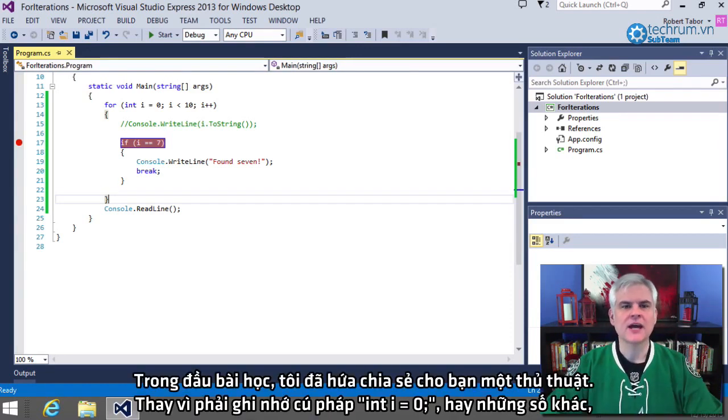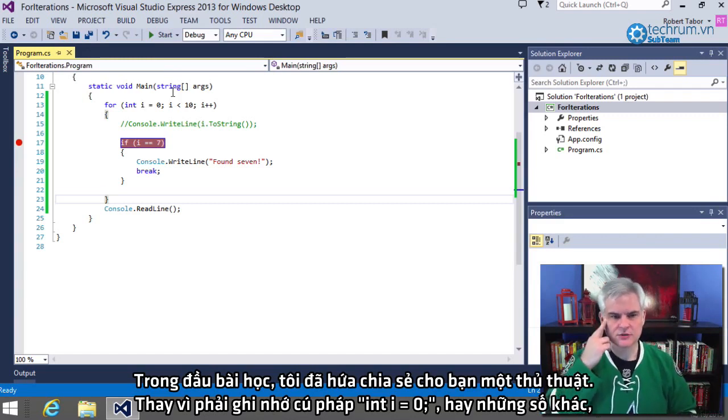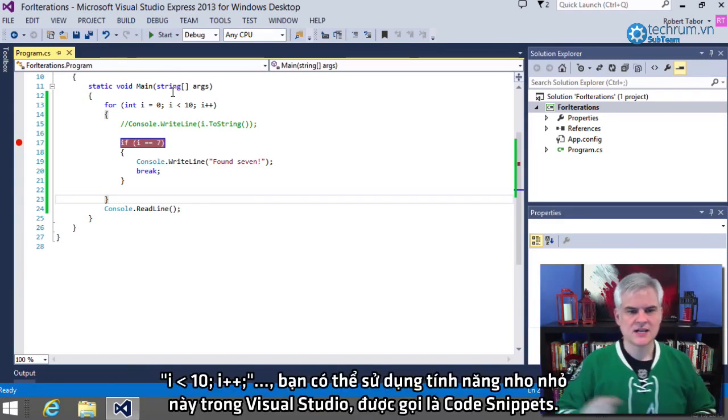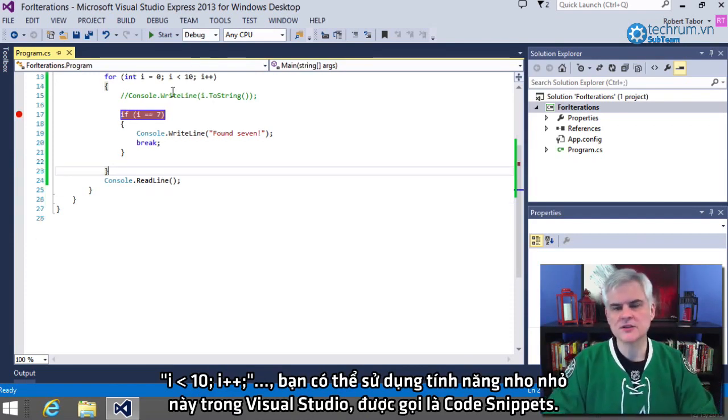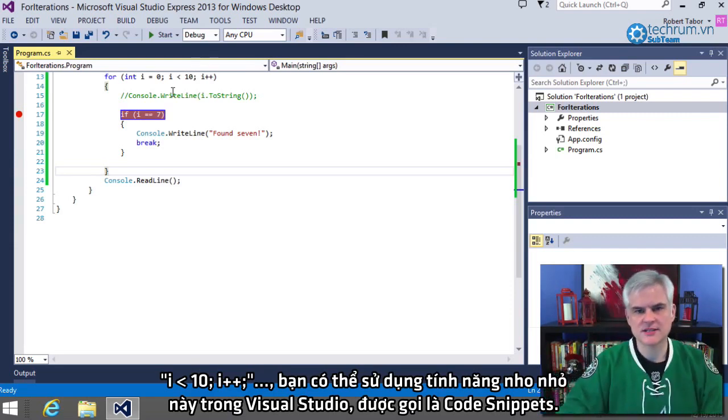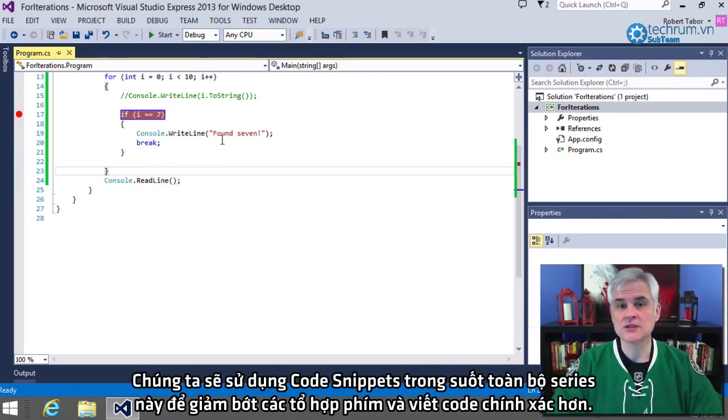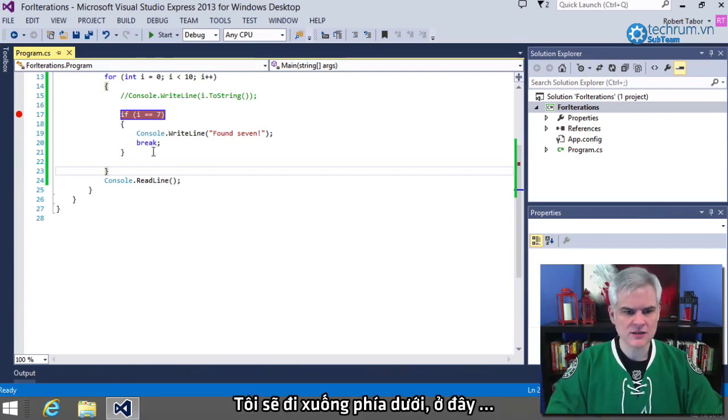Great. Okay, now I promised you a little cheat at the very beginning of the lesson. So instead of having to memorize this syntax for int i equals 0 or whatever the number is, i less than 10, i plus plus, and so on, you can use this little feature of Visual Studio called code snippets. We're going to use code snippets throughout this entire series to save keystrokes and to write code more accurately. And so what I'm going to do is go below all of this here,